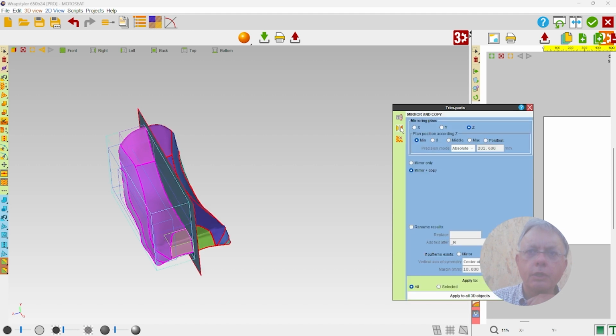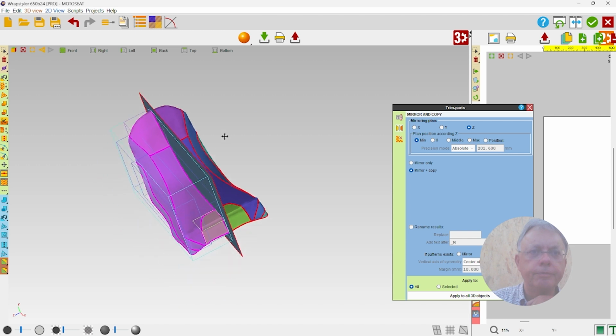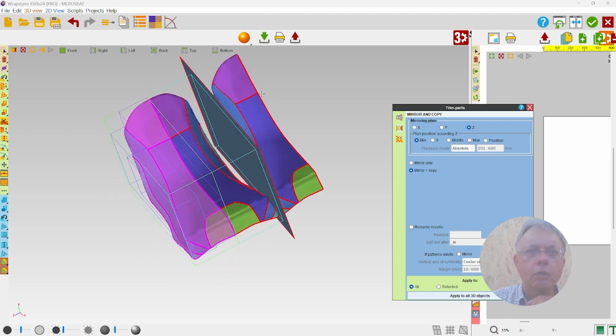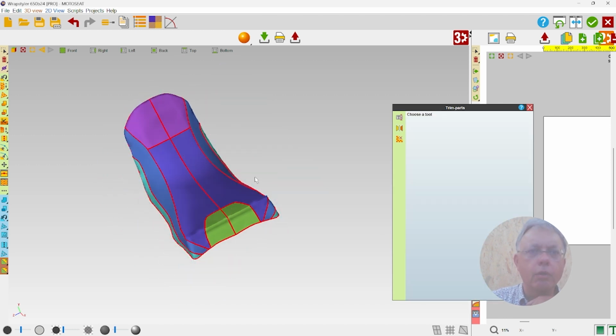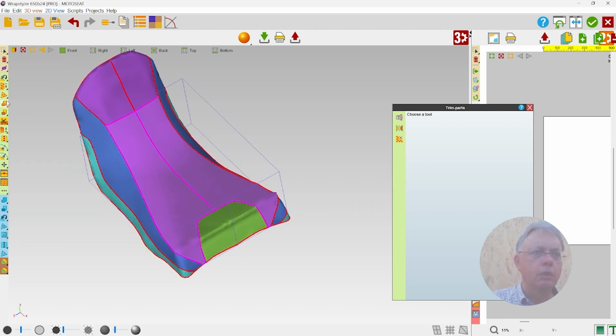Very fast and easy. It's very easy to check. So we have now mirrored parts. We can merge these parts to finish, merge this and this.